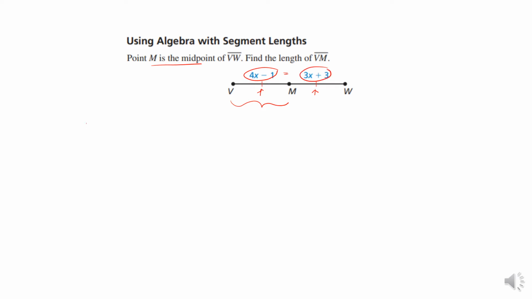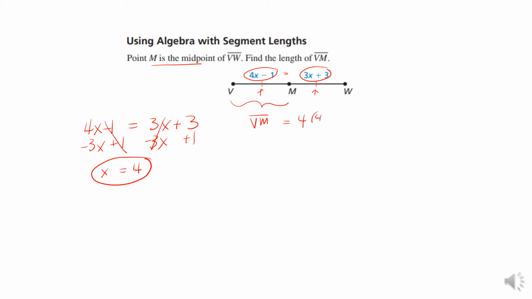So I just set up 4x minus 1 equals 3x plus 3. Then I'm going to subtract 3x from both sides. I get x. I'm going to add 1 to both sides, and x equals 4. Now, that's not the length that I need, so I'm going to go back and plug it in. Remember, I'm trying to find VM, okay? So it's 4 times 4 minus 1, which is 16 minus 1. VM, or the measure of VM, so I wouldn't have the hat on it if I'm talking about the measure. VM equals